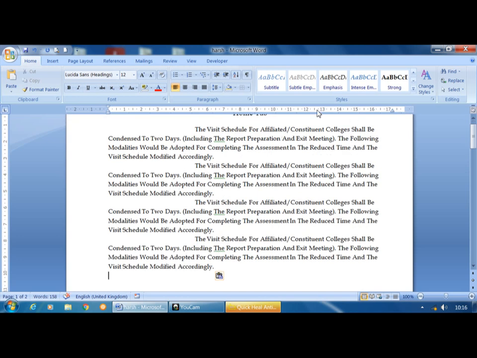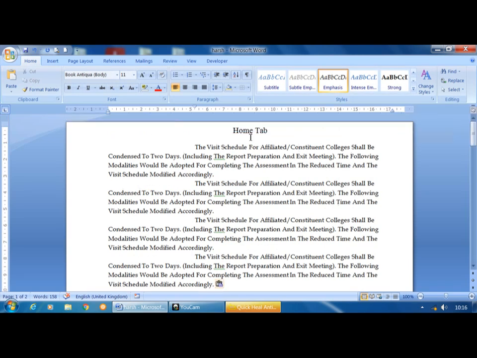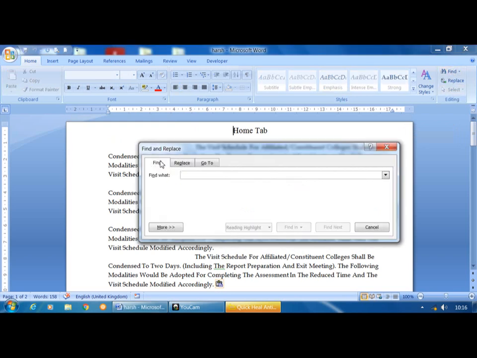If I want to find a word exit, on that time what you got to do is place the cursor at the beginning of the paragraph, then click on find. It opens a find and replace dialog box, which consists of 3 tabs: find, replace and go to.